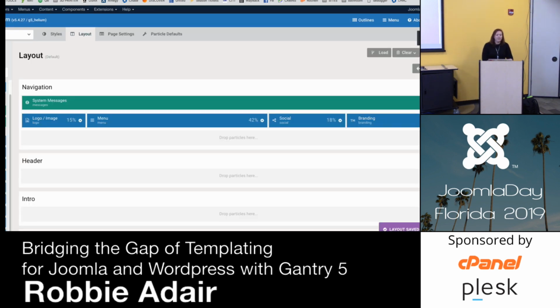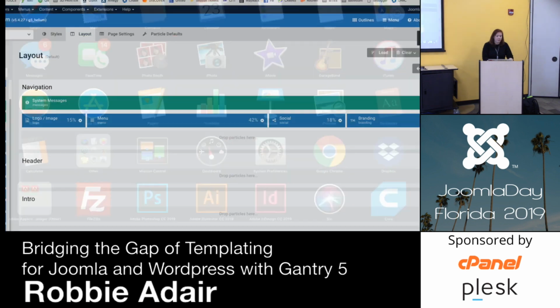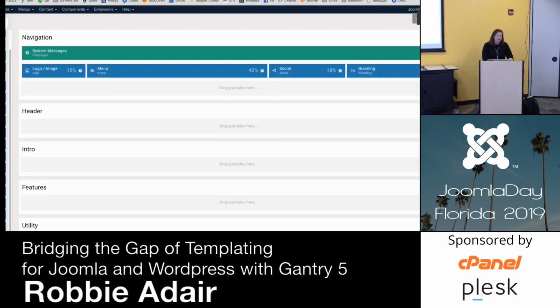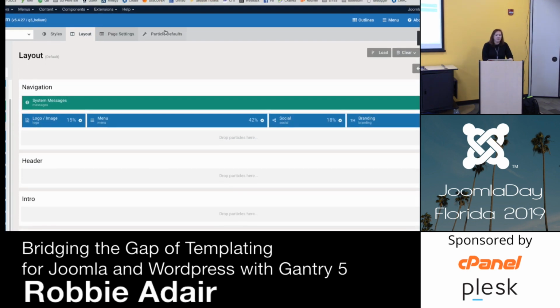Now, these here are particles. These are the built-in particles that came with Helium. Some of the others, if you download from Rocket Themes, have different particles in there. And then there are also other particles out there available for you to install in here if you need more particles. But these particles are very handy because just like that logo, once I set the logo,